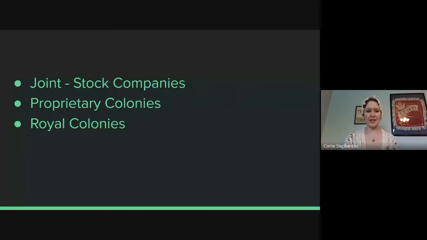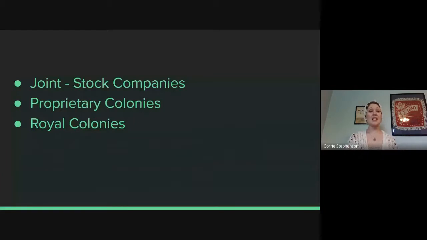through something they're going to produce, and these investors will get their money back and make some profit on the side. Other colonies are what we call proprietary colonies. These are colonies that have been given to a private individual to do with as they please. And finally, there are royal colonies. These are the colonies that belong directly to the King or Queen of England and are administered by them and